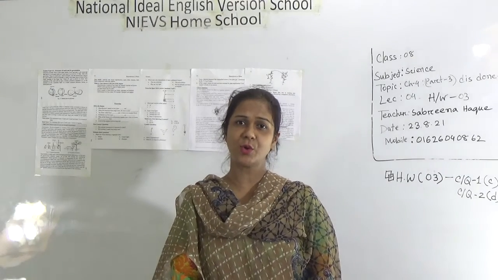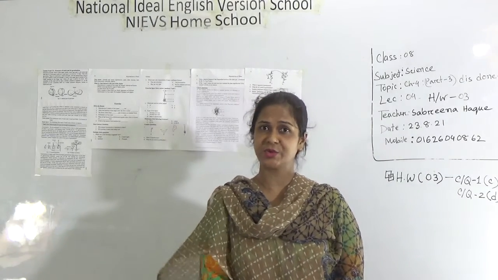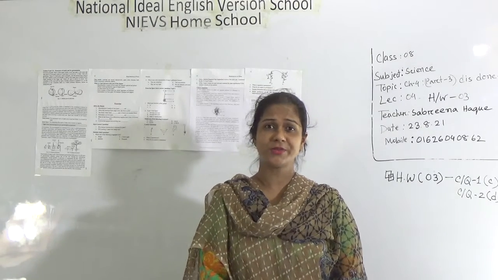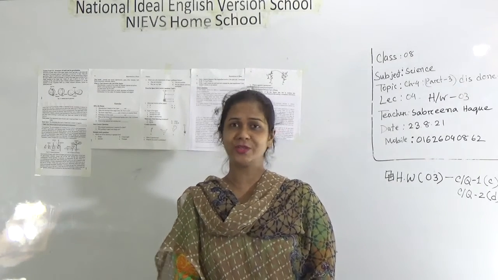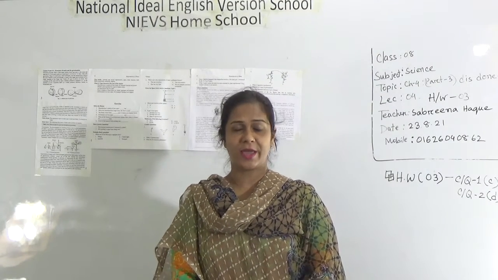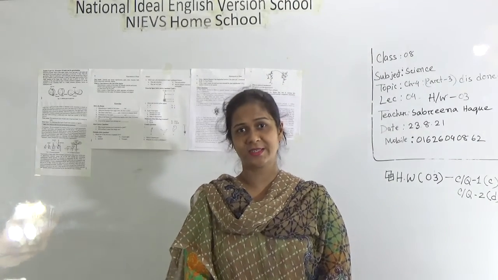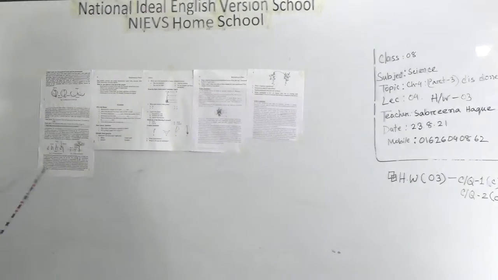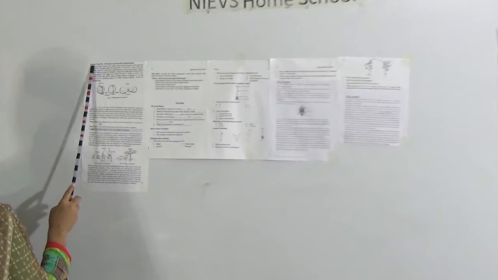Dear students, today I am going to take a science class for class 8 students, based on chapter 4, and this is part 3 of the chapter. Along with the discussion, we will also solve the exercise and also the CQ of the exercise and its answer. So come to today's topic. The name of the chapter is Reproduction in Plants, and today we will discuss lessons 9 and 10, the structure of seeds and its germination.